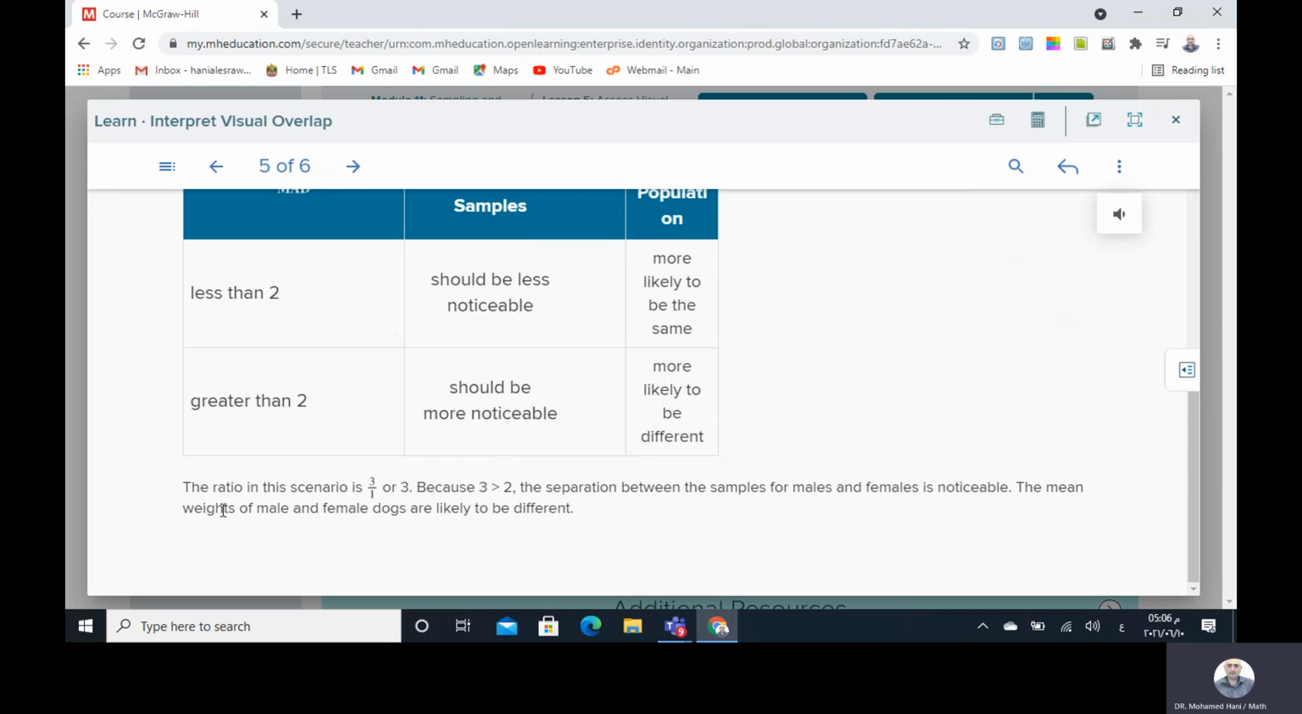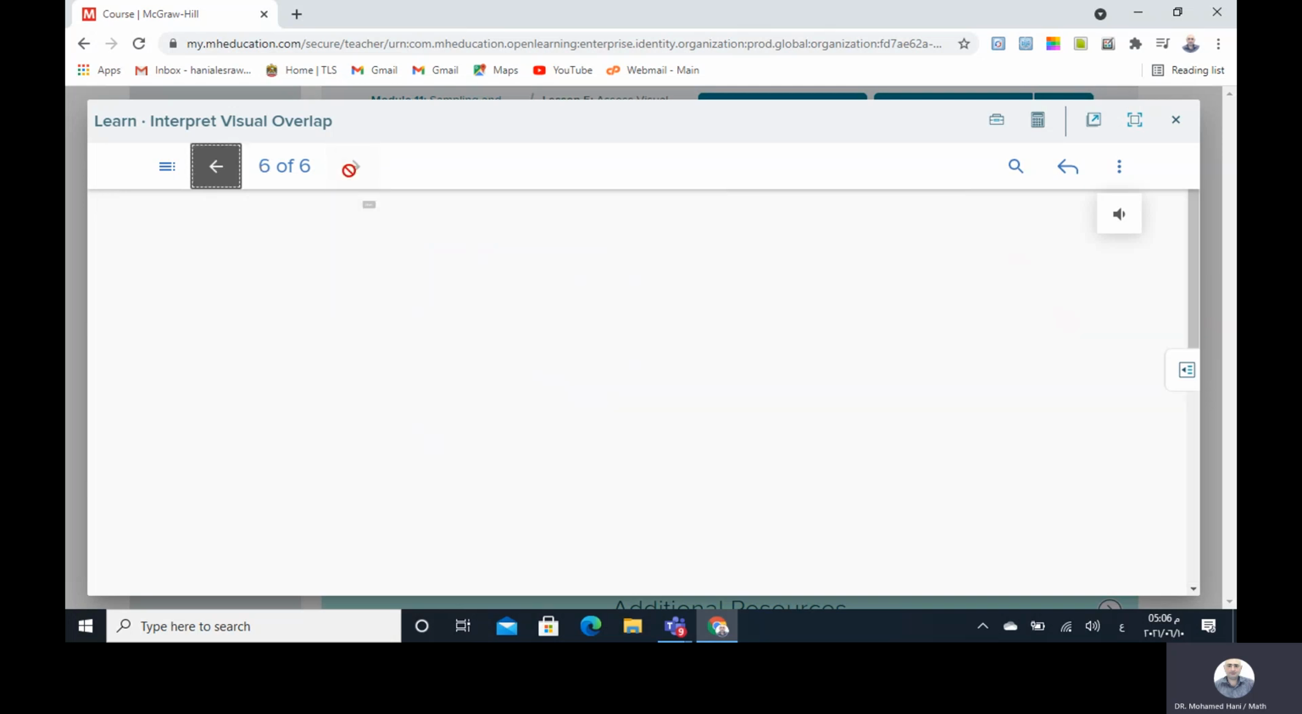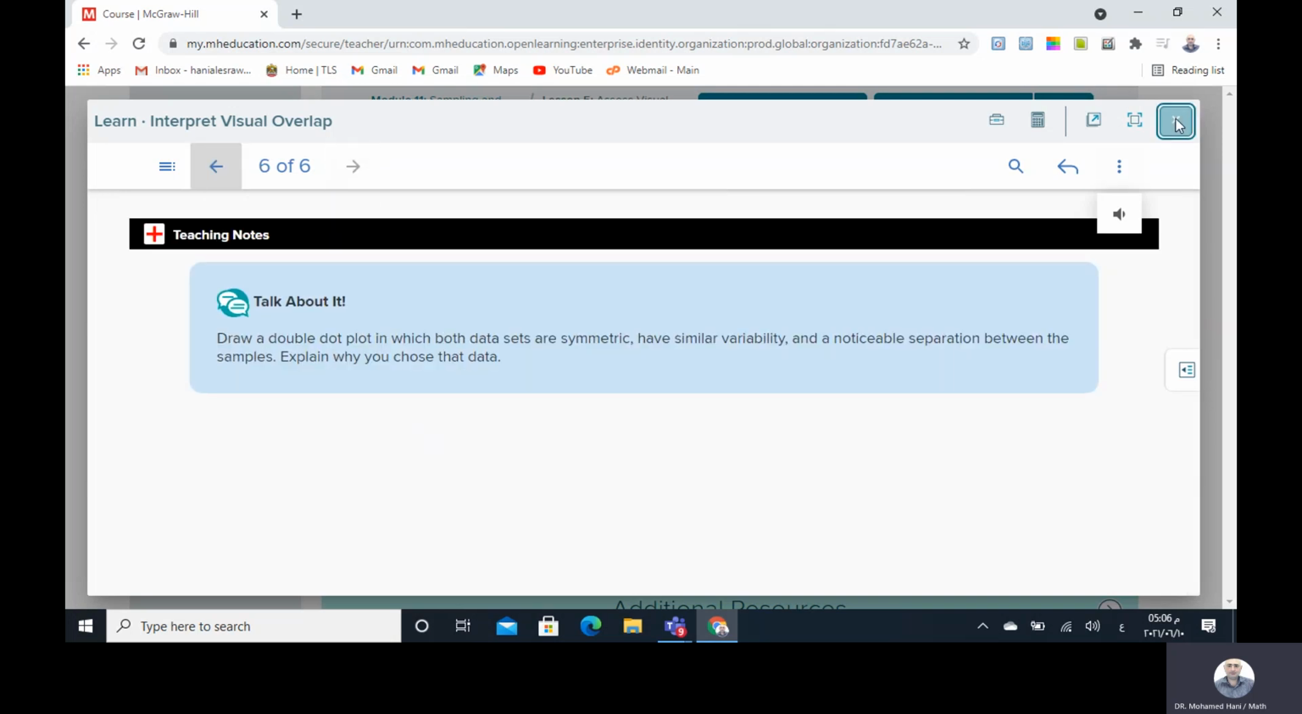So the ratio in the example is 3, and 3 is greater than 2, which means the separation between the symbols for males and females is noticeable. The mean weights of male and female dogs are likely to be different because the ratio is greater than 2. For example,